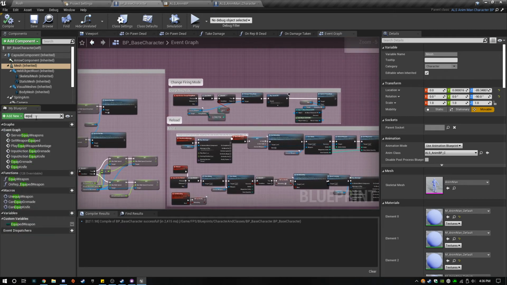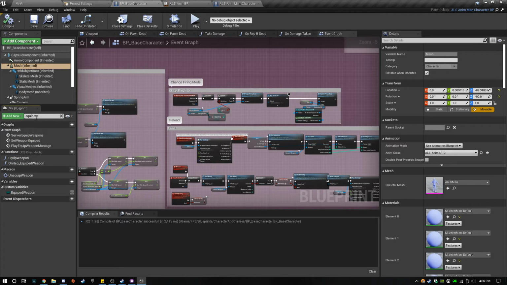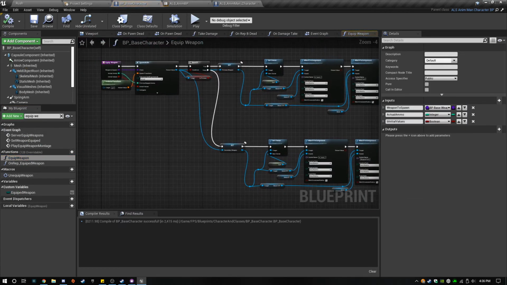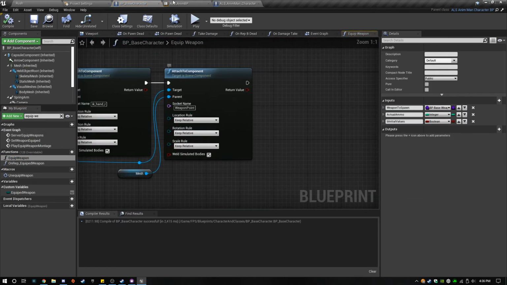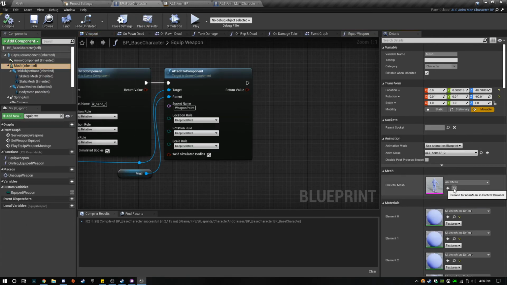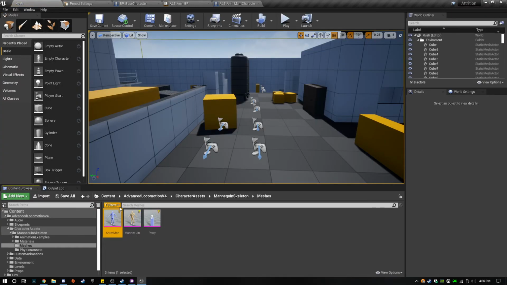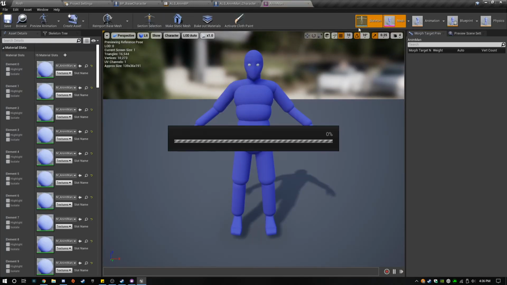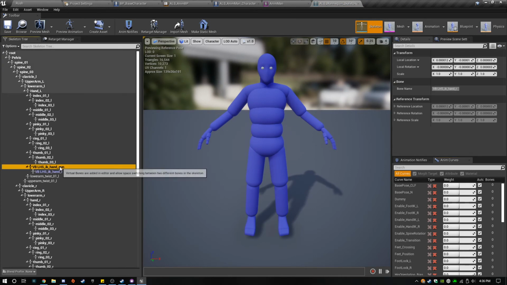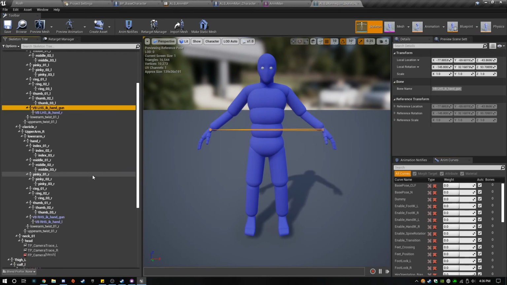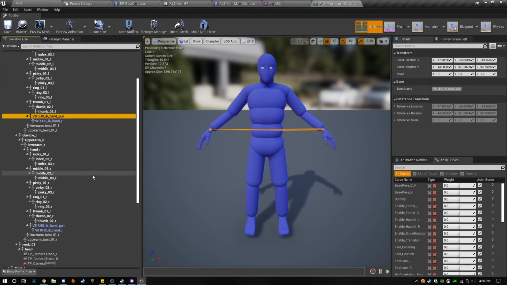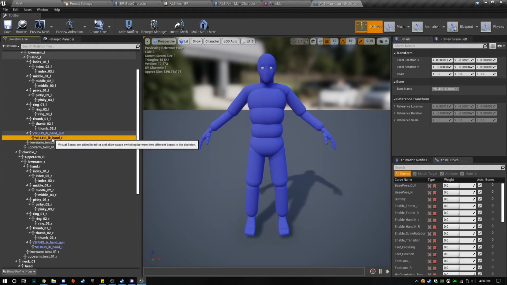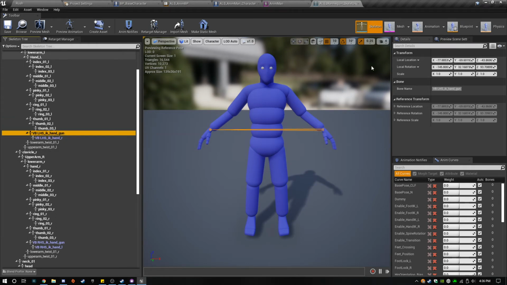So we want to look into equip weapon, this one. We want this guy, mesh, and a man. We want the skeleton. I think we want handgun.